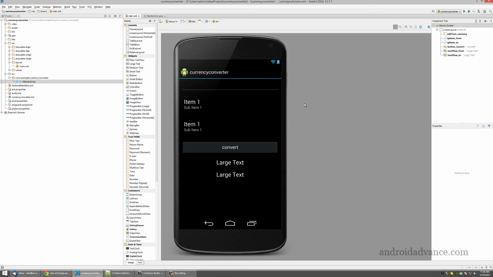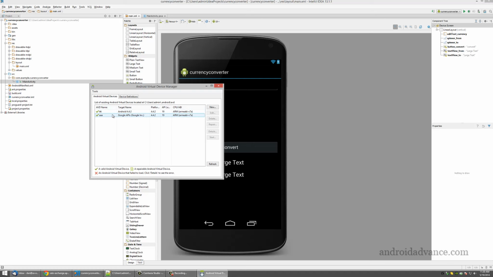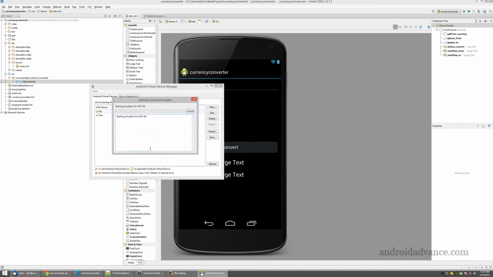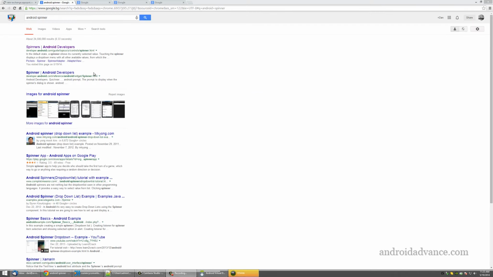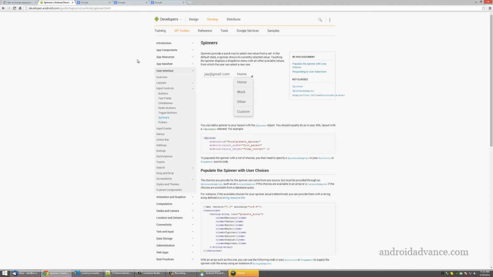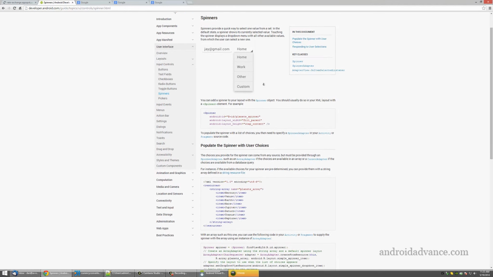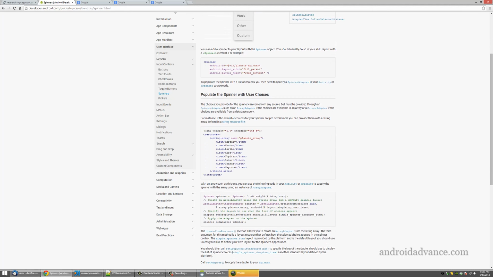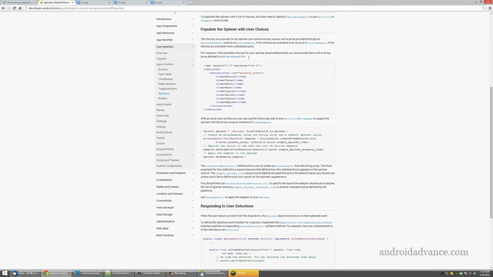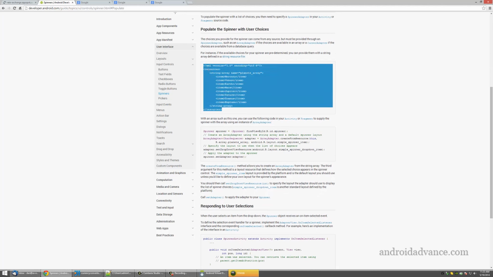Okay, and now while I start the emulator, we should populate the spinners with some values. Okay, so you don't know how to populate the spinners from values, because this is not so easy. So let's just write in Google Android spinner and go to the first result, and here we see a little bit of description about this control. Take your time and read it, and you see we can populate a spinner using a string resource file like this. So let's just copy this, for example,